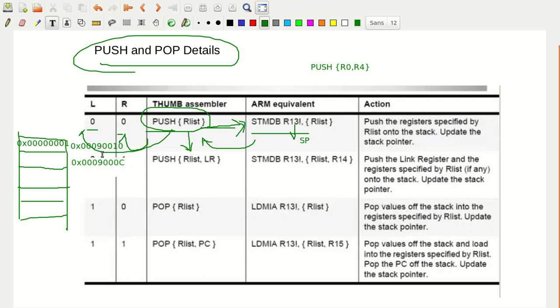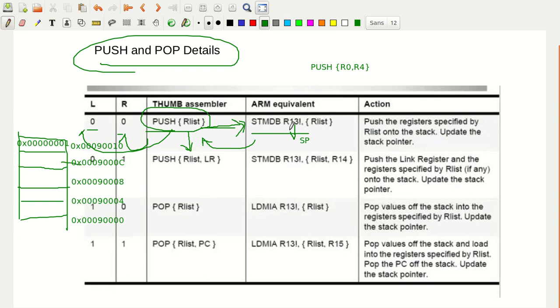Next one 0x0009 0008, then 0x0009 0004, and let me take another one, 0x0009 0040. So what do you have here? First one, this one, this one, this one.